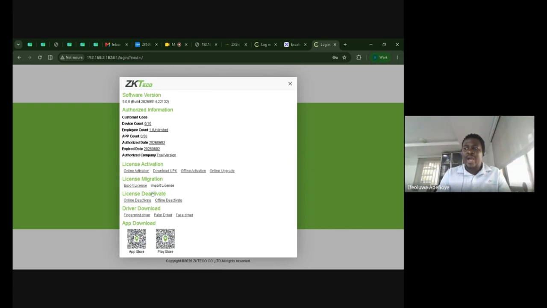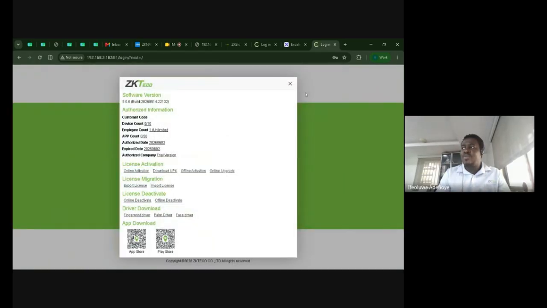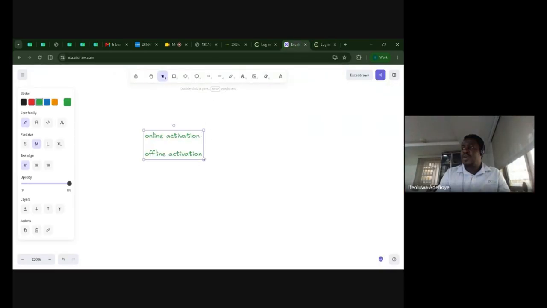These parts are actually very important, and I think a lot of people miss out on this. The online activation is used to activate the license you receive from either the OEM or your SI. It actually comes in something like this, where you have